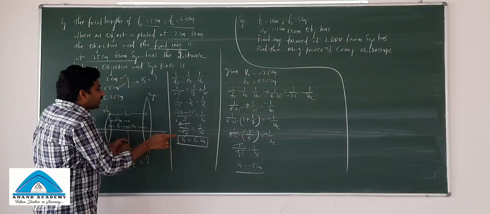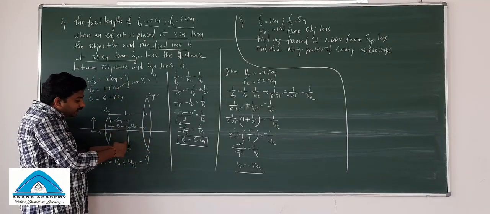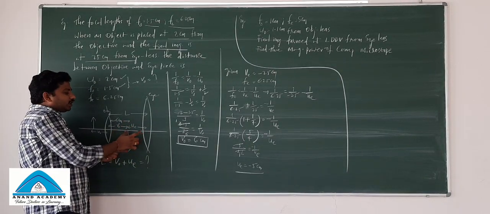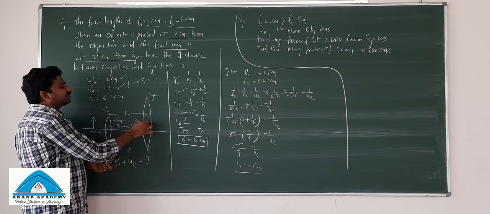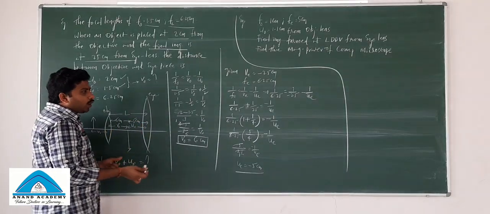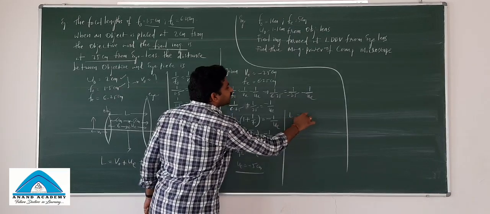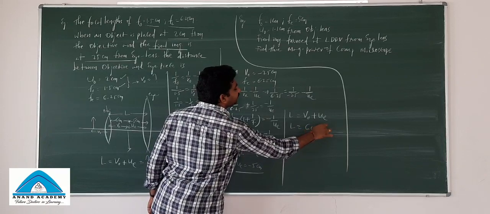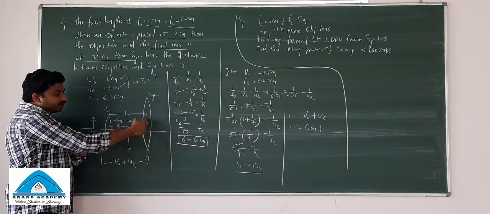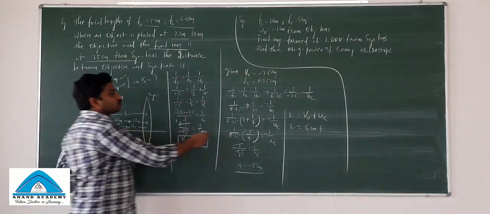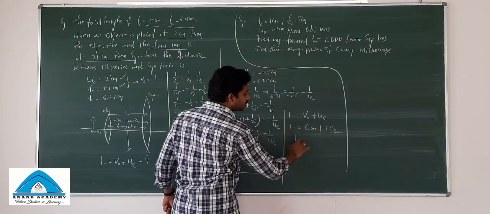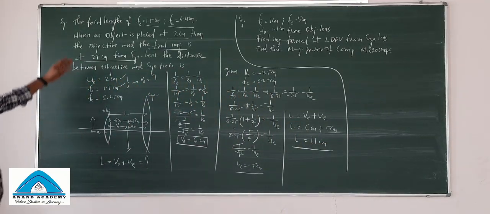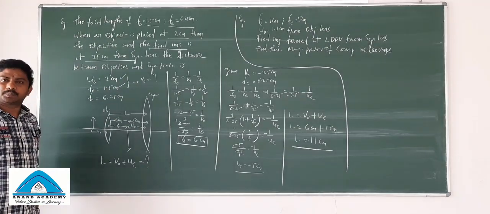Minus indicates only the sign convention. So the image formed by the objective is behaving as an object for the eyepiece, right? This object is kept to the left side of the optic center. That is the meaning of 5 centimeters. That's it. So our aim is to find L is equal to V naught plus UE. L is equal to V naught, which is 6 centimeters, plus UE, which is from this optic center 5 centimeters. Your L is equal to 11 centimeters. So like this, the questions will be asked based on the compound microscope.